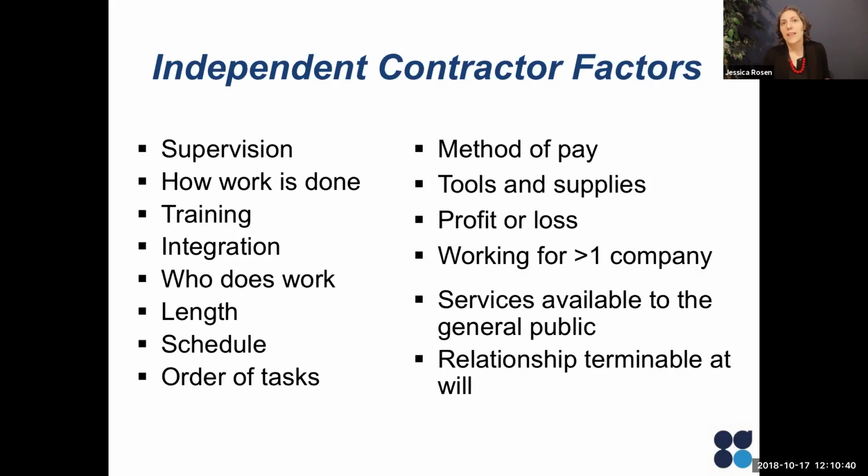So next, the second column here is looking more at sort of the economic nature of the relationship. So components of that include the method of pay, right? How is she being paid? Is she being paid by the hour? Is she being paid by the project? Is she being paid on deliverables by like getting certain parts of the project done? The method of pay, the more sort of discrete it is, the more likely it's to be independent contractor.